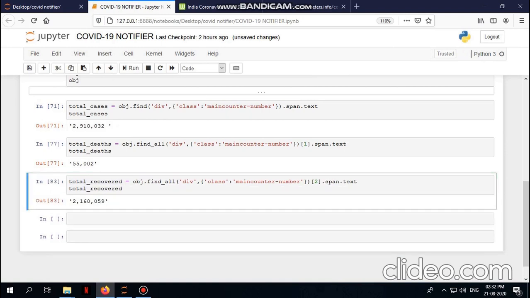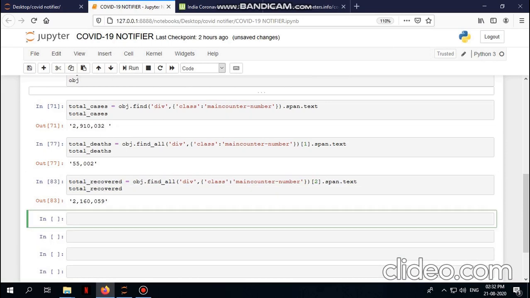Okay, so we have got the total cases, the total deaths, and total recovered cases from that website. So now what we'll do is that we'll be needing that message. So our message which we want to be notified is that we want it to be total cases as total underscore cases.